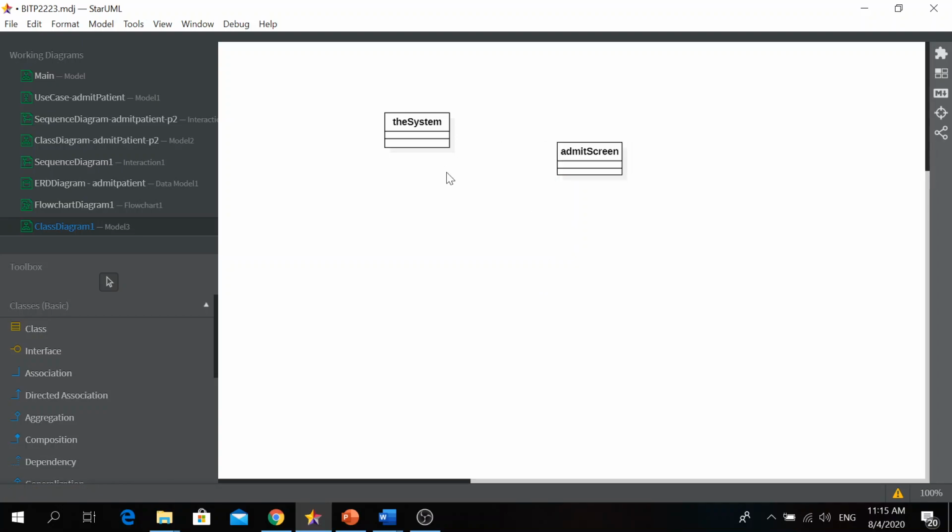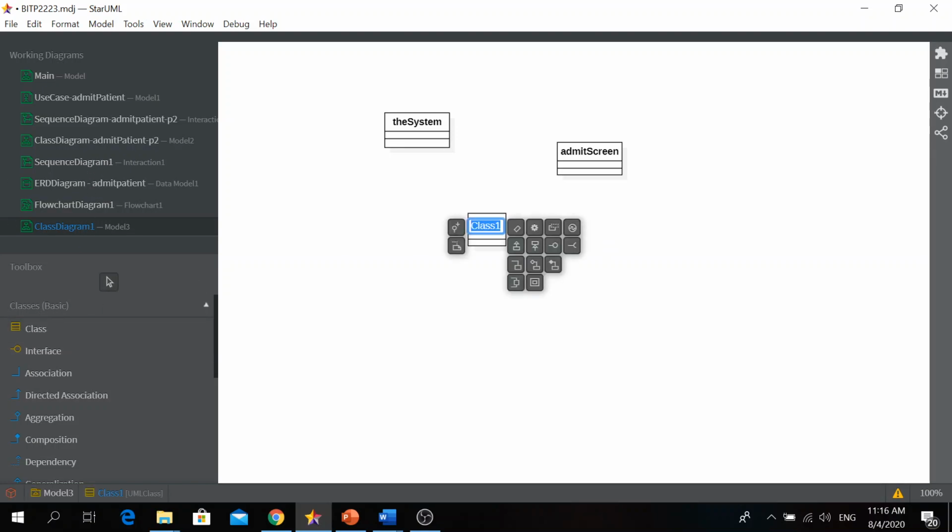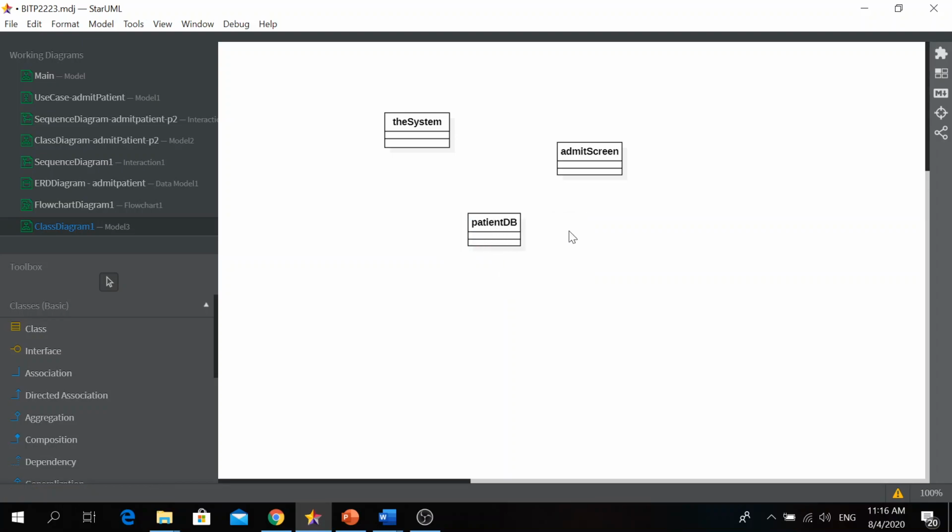You just discover the object name only, or class name. This is normally the initial process when you discover your classes. So this is an incomplete class diagram. And then another class, let's say you discover one entity, Patient DB, for example. You see this class has three compartments.